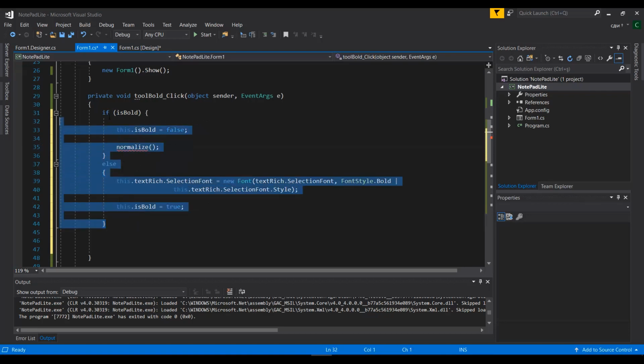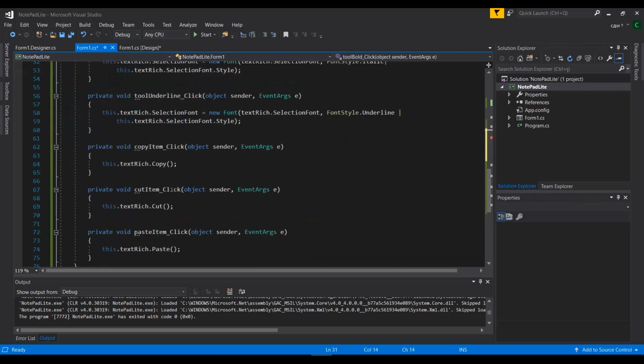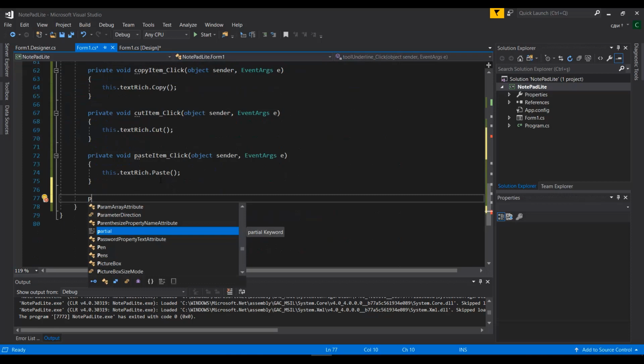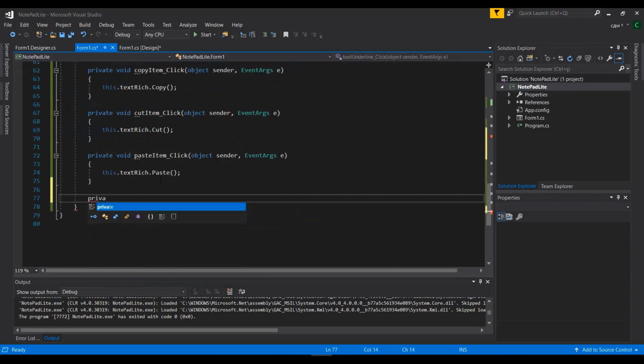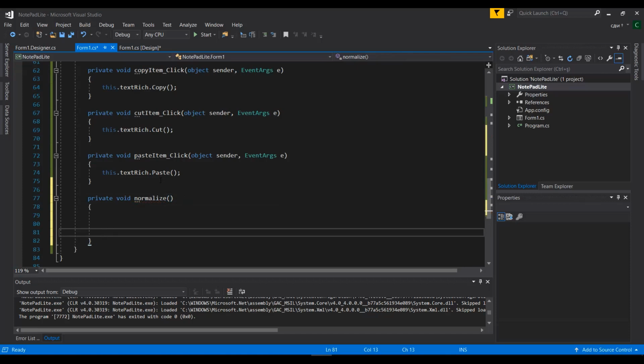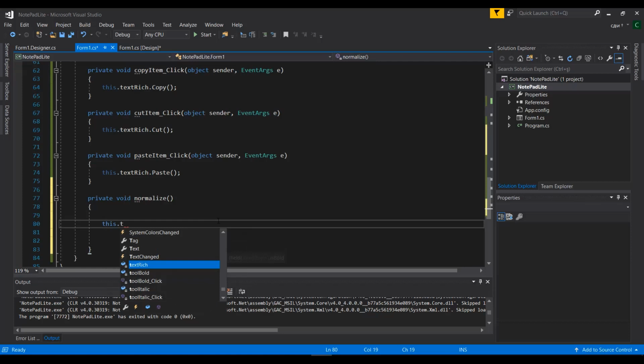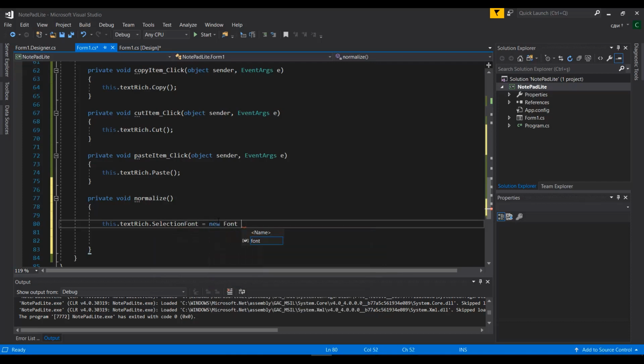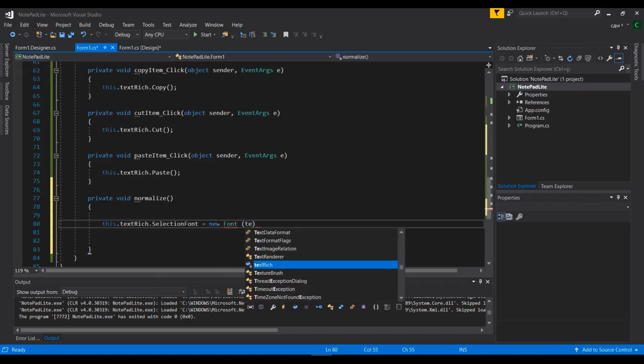We haven't written the normalize yet, so I'm just gonna go down, omit all of these, and just come to the very last line, and before the brackets I'm gonna type private void normalize. This is a user-defined method that I'm going to write to make sure that the text style is now normal. So I'm going to say this text rich dot selection font equals to new font, text rich,